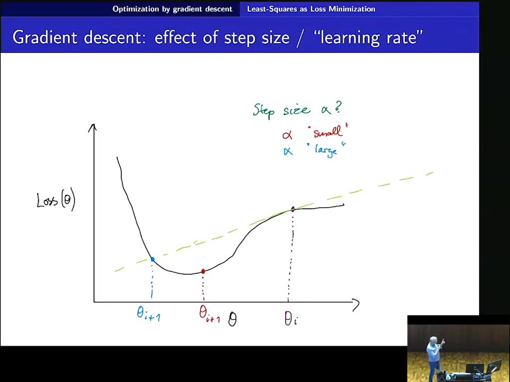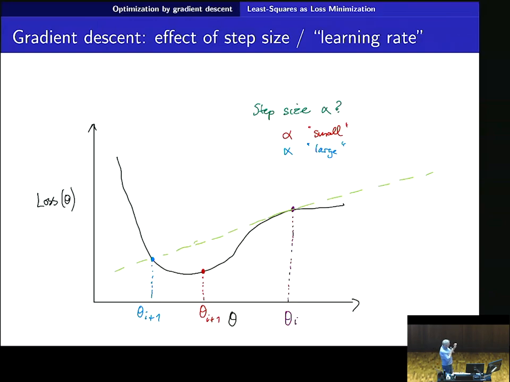But here, I'm just showing two possible choices of step size alpha. So alpha in the red is small, and alpha in the blue is large. So the idea is very crudely the following. If you are at a particular point theta I, remember the loss function is a function of theta, and we're changing the values of theta, or W as we had,